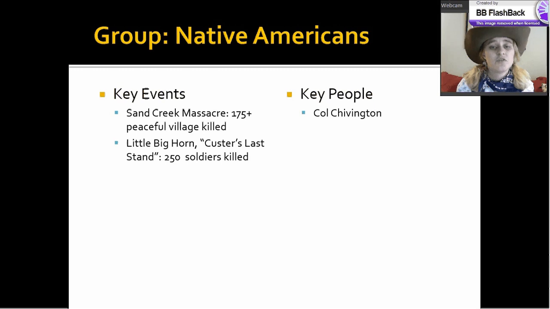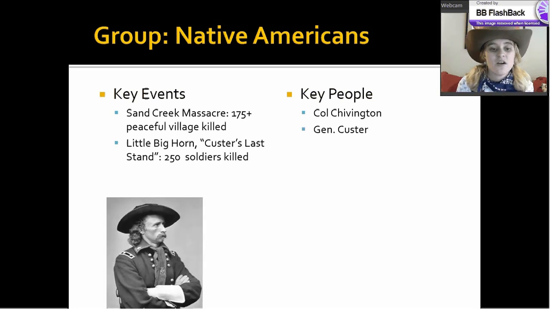Little Bighorn, the Battle of Little Bighorn, happens not long after, and it happens because of 2 Native Americans of the Sioux tribe. So on the side of the American military, we have General Custer. He had been a war hero during the Civil War, and now led a cavalry unit out in the west.